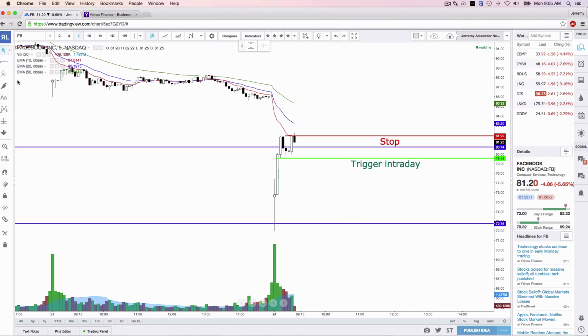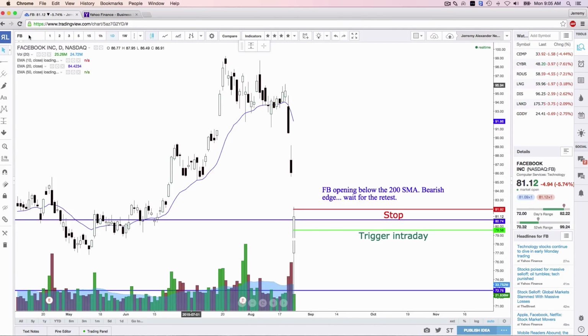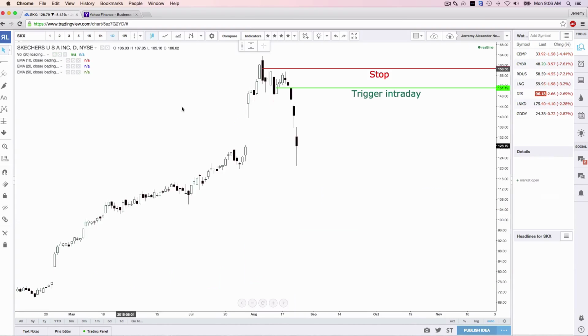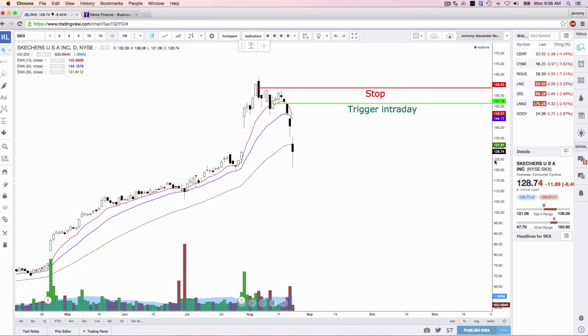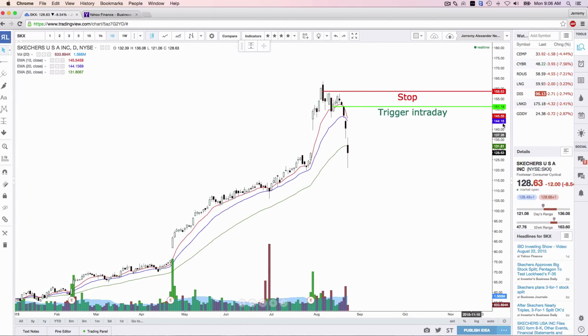If there is at any point where you are trading a stock and you're saying to yourself, I don't know, let's just go use Skechers, for example. Ticker symbol SKX. Let's use Skechers and say you wanted to short sell Skechers at, I don't know, let's say 158. So the stock was going up,